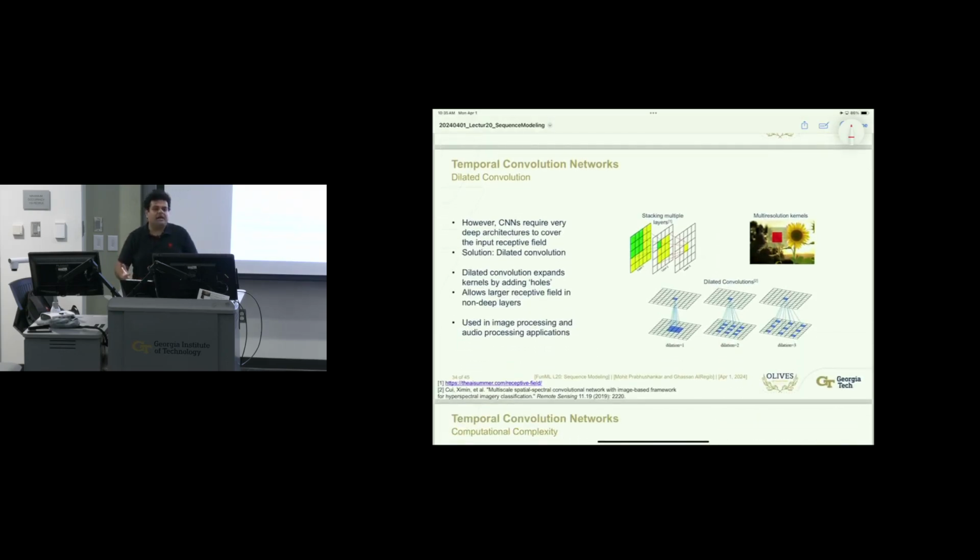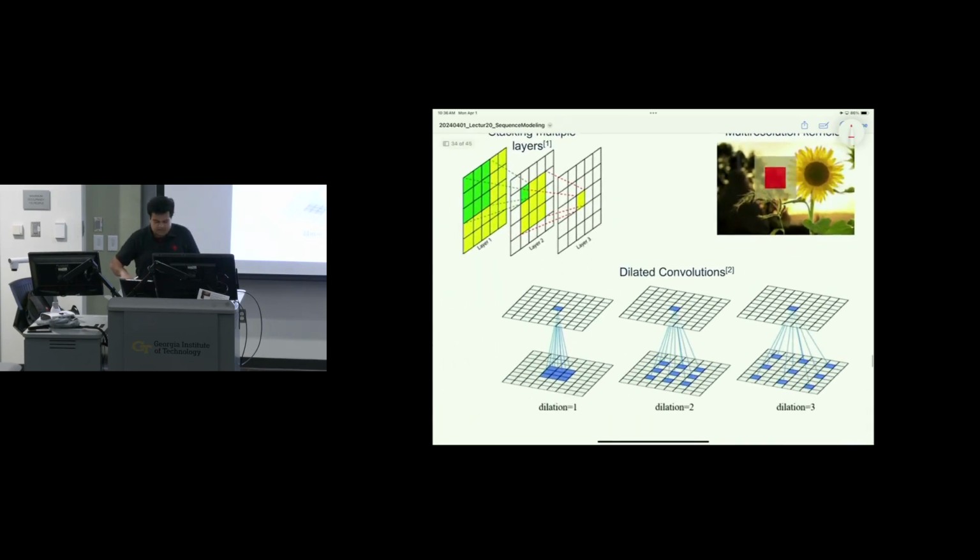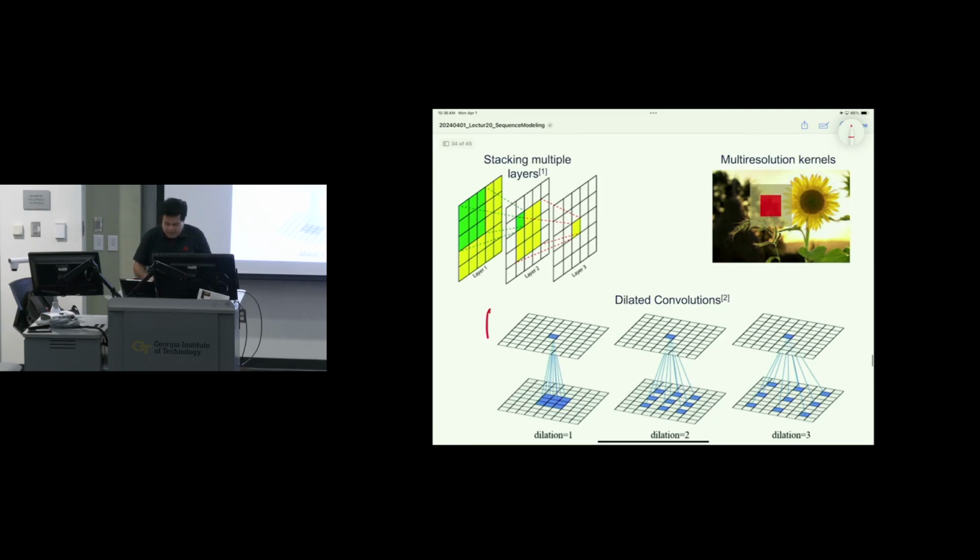Convolution by design helps us increase the receptive field. So before, the issue with RNNs and receptive field was that the receptive field could not be increased, right, because of depth. So what we can do in convolution is have this additional thing called dilated convolution that is going to help us increase our receptive field. What dilated convolution means is, till now, let me expand this, zoom this in. So any convolution that we have seen is something like this, where I have a 3x3 kernel, which is going to